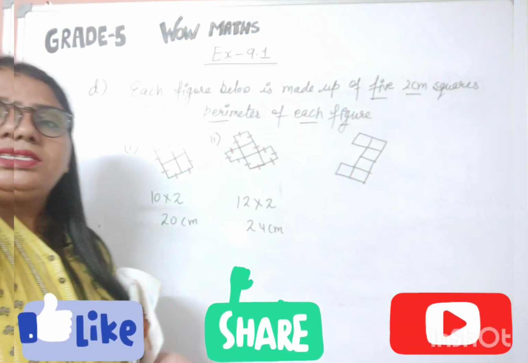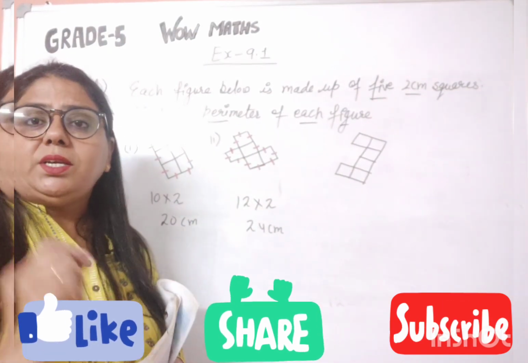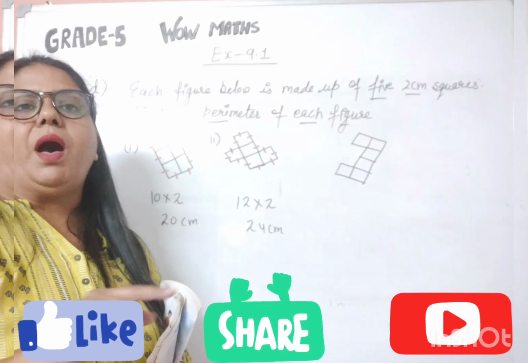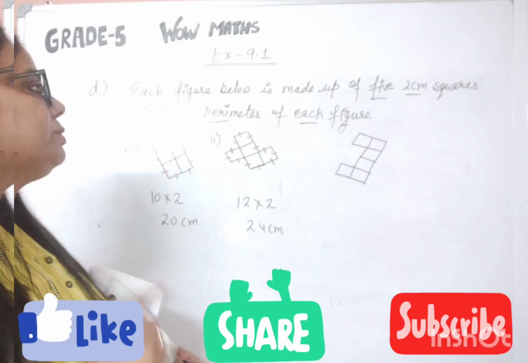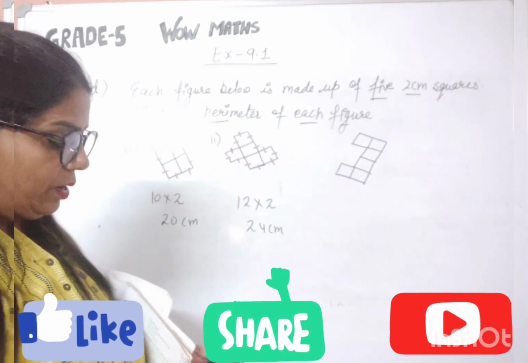Now the question arises in your mind that why we are not taking the sides which are inside. Because we are taking the perimeter, so we will not go inside the figure, we will take the boundary line. क्योंकि perimeter का मतलब ही होता है outer surface boundary. So इसीलिए हम ये जो बीच वाली लाइन्स है इसको कैलकुलेट नहीं करें.